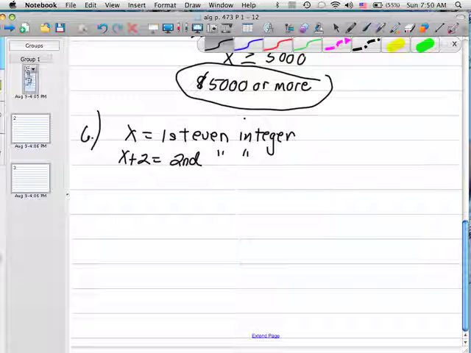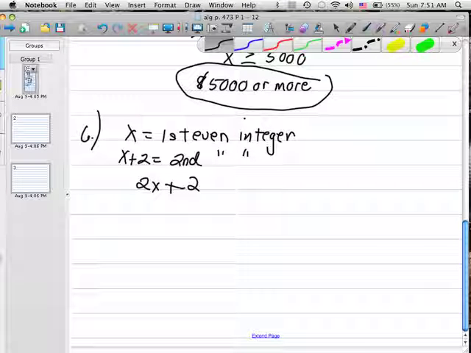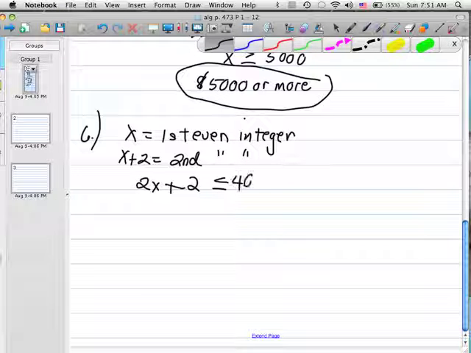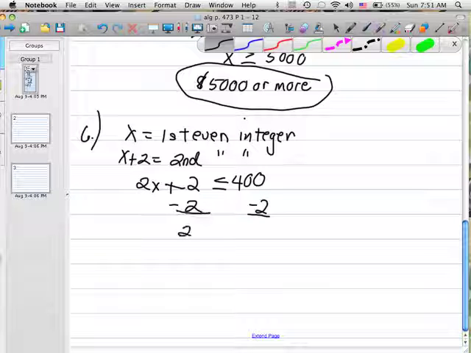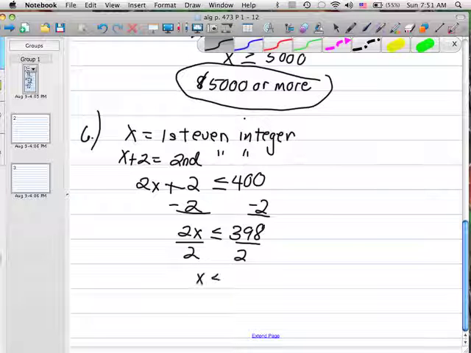And it said the sum of the two, so 2x plus 2, I'm just adding them together, is at most 400. So it can't be more than 400, so at least it could be 400, but less than. So if I solve this, subtract 2 from both sides, I get 2x is less than or equal to 398. Divide by 2, and I have x is less than or equal to